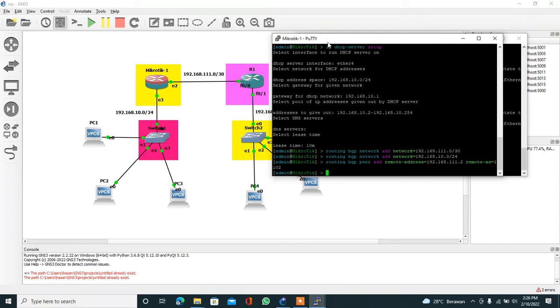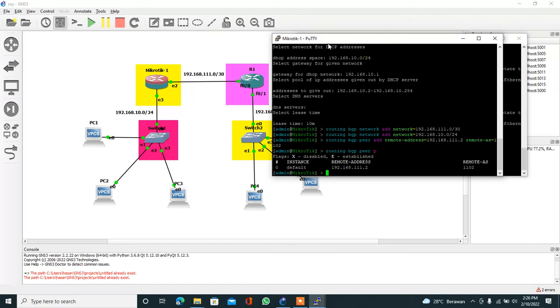Enter. Okay, to check the BGP configuration, whether the BGP peer exists in the BGP routing table or not, you can type routing bgp peer print.